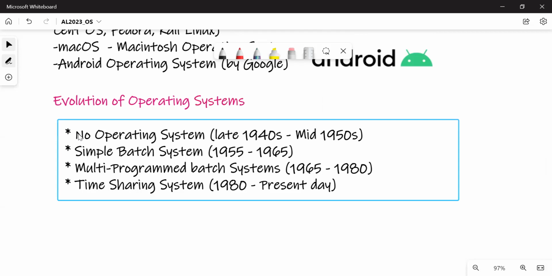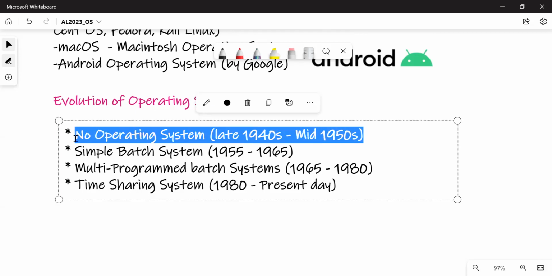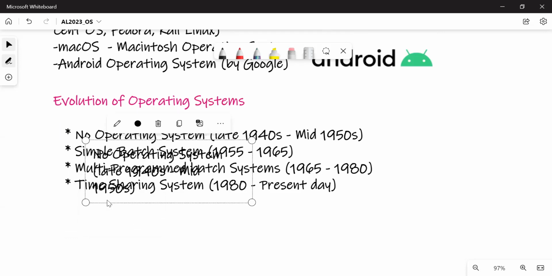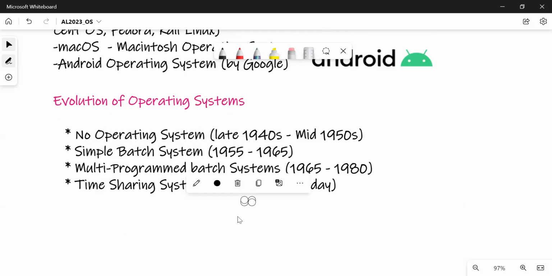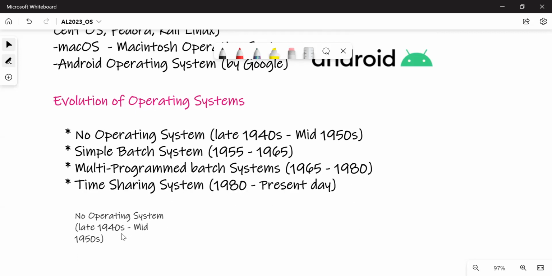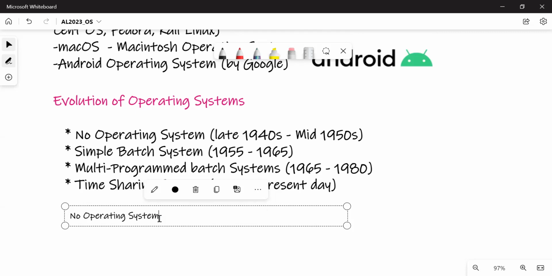We'll start with no operating system. So we call it no operating system. What happens here?